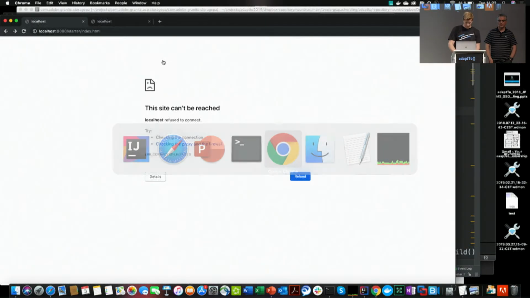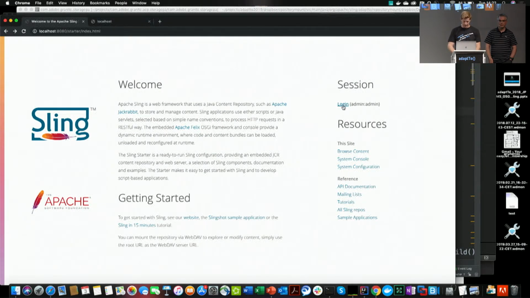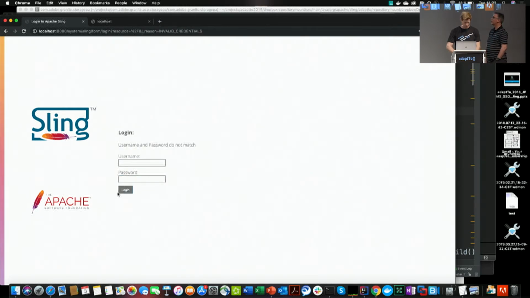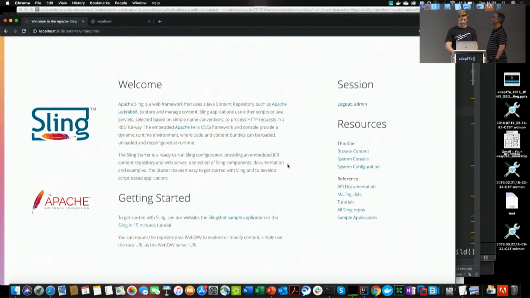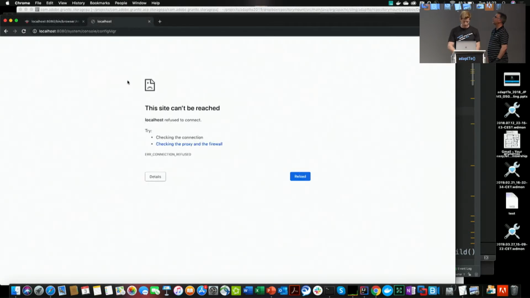Let me see here. That should be up by now. Okay, we have a simple Sling here, just a normal Sling. Let me log in. Great. Okay, right. So if we go here and just browse the current state of the tree, we will see we have nothing under content except the slingshot and the starter. And if I now go and